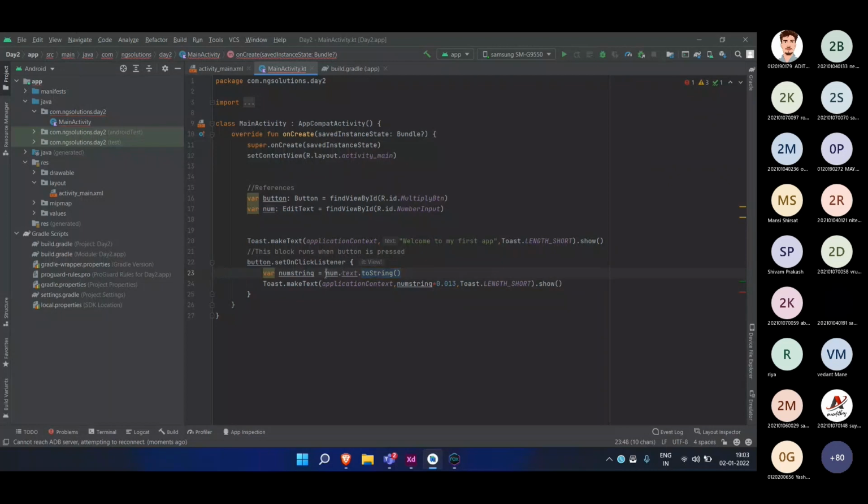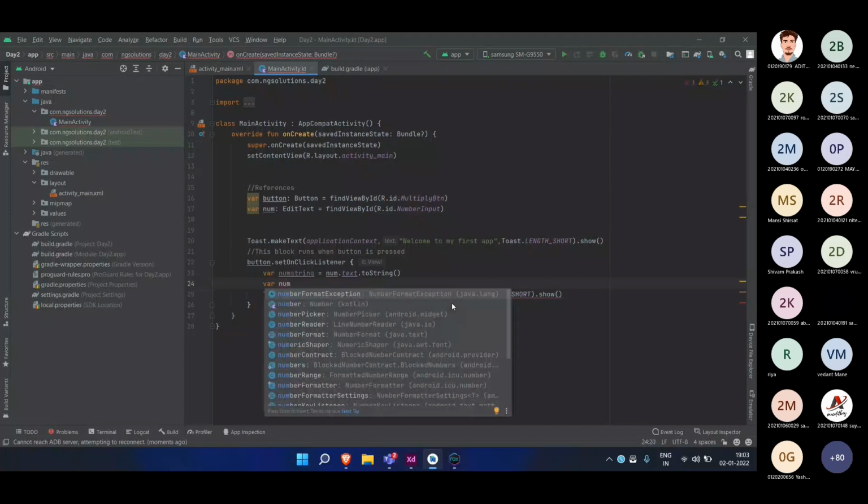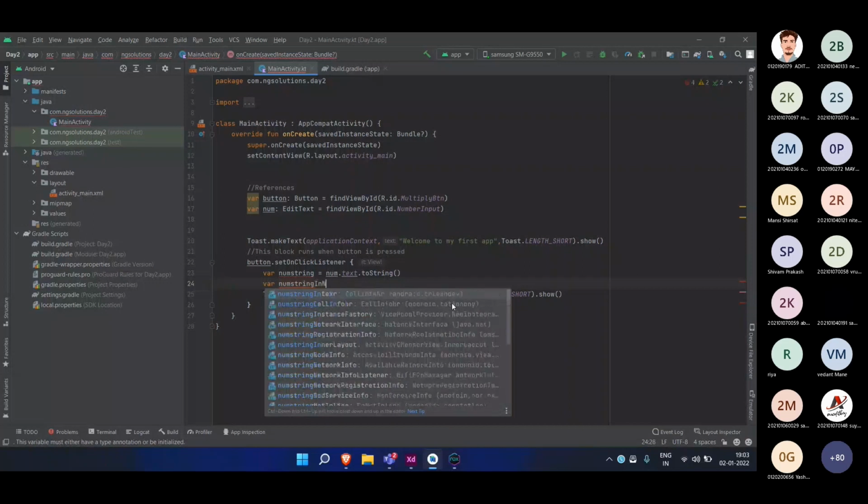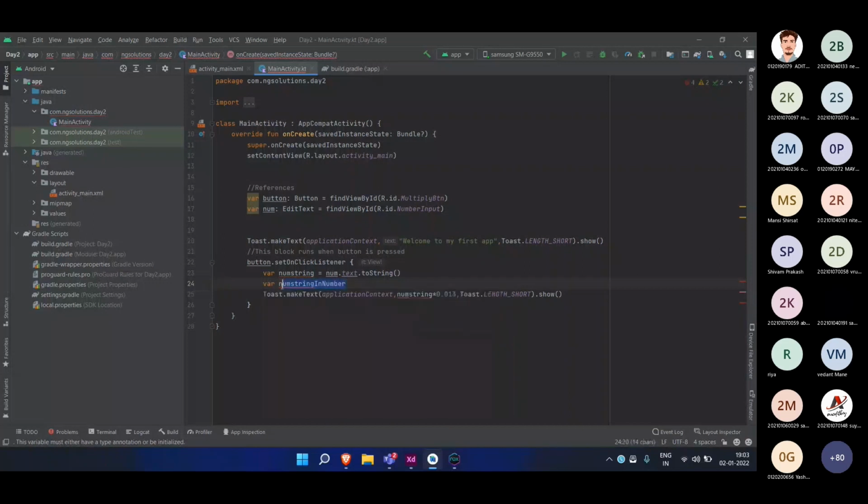So we need to convert this into a number. How can we convert this? I will write num string in number. I can name it anything, but we will use a short name, so here I can just write n. So n will contain my number, which has been written in the num string. To convert anything into a number, we have a built-in function,